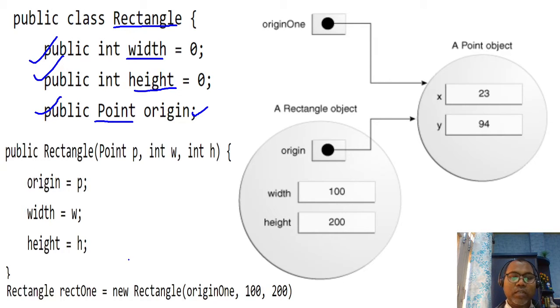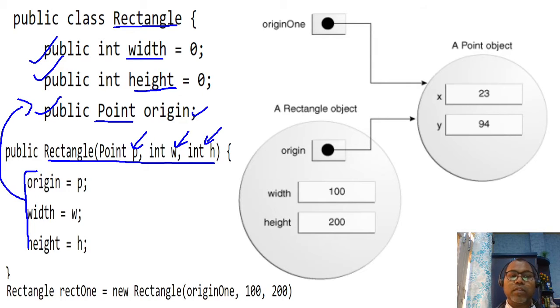Now this is the constructor. Inside the constructor you need three arguments: one is your Point object, and the other two are primitive values. Whatever values we receive in this constructor, we initialize with them the attributes of our class's object. In this way you are going to create an object. First you say, this is my reference variable, rect1. What is the type of this variable? The type is Rectangle, meaning it points to an object of Rectangle.